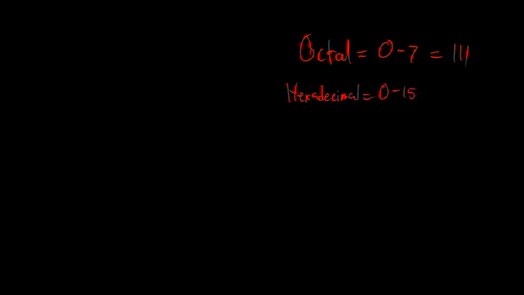So just like the octal that uses 0 to 7, its binary number consists of only 3 digits at max. In hexadecimal, it goes from 0 to 15, which consists of up to 4 digits. So if you put